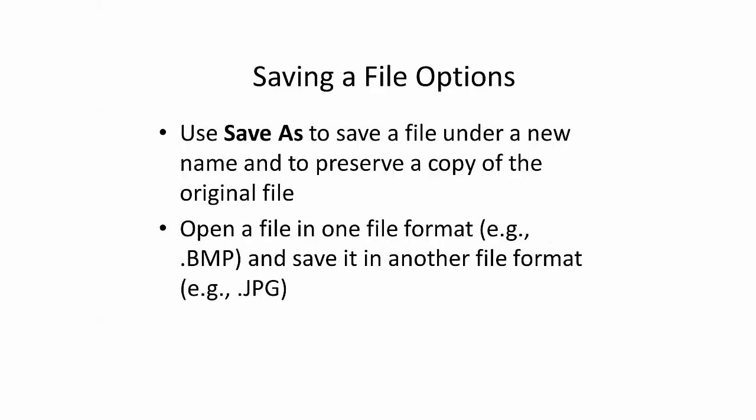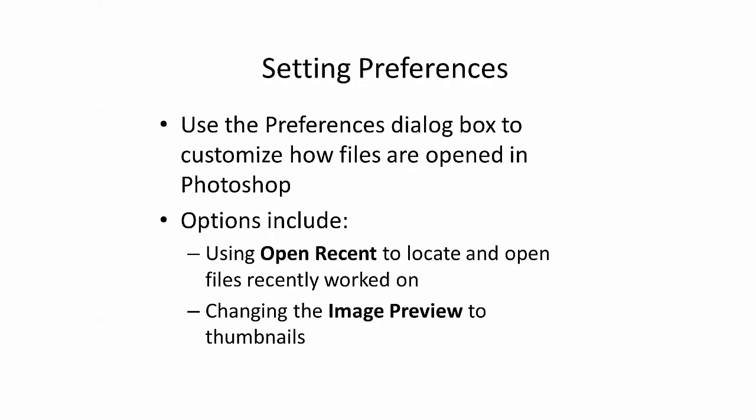Saving a file option. Use Save As to save a file under a new name and to preserve a copy of the original file. Open a file in one of the file formats. Setting Preferences. Use the Preferences dialog box to customize how files are opened in Photoshop. Options include using Open Recent to locate and open files directly worked on, changing the image preview to thumbnails,